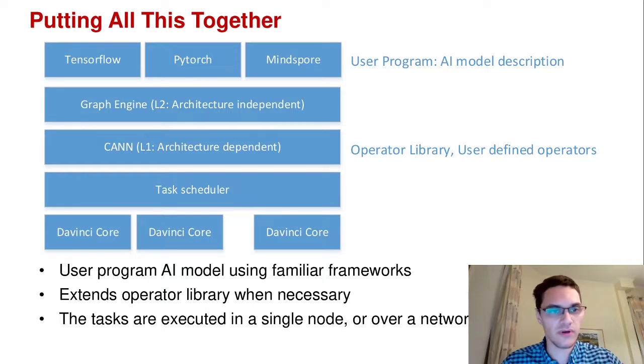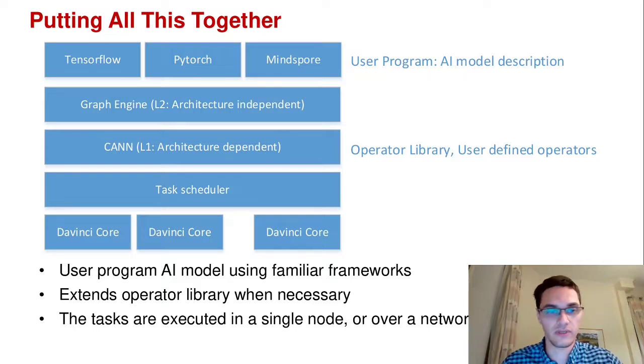Moving further up, there is a CANN layer, which is the architecture-dependent component of the software stack, and above it lies a graph engine, which is the architecture-independent one, and on top of them